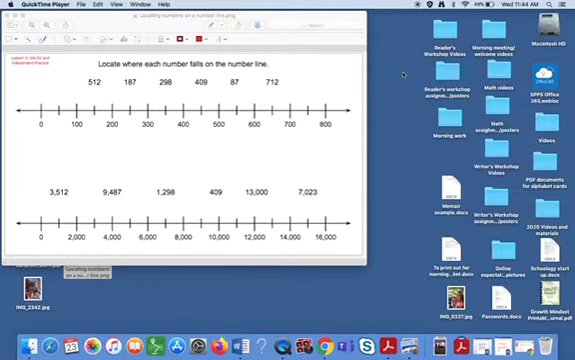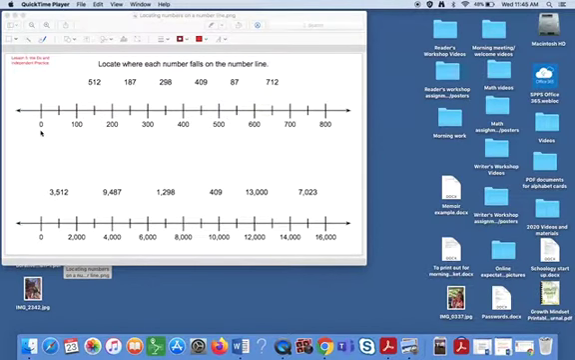Now, I'm going to try and use this with underlining, so please be patient with me. So right here you can see I have this list of numbers: 512, 187, 298, 409, 87, and 712. And I have this number line right here, and I want to locate where each number falls or shows up on the number line. Now, the first thing to do when you're doing that is you want to make sure